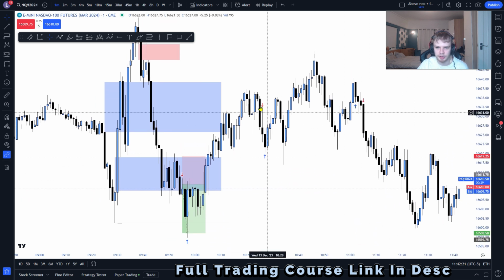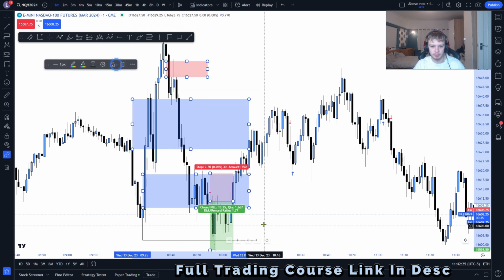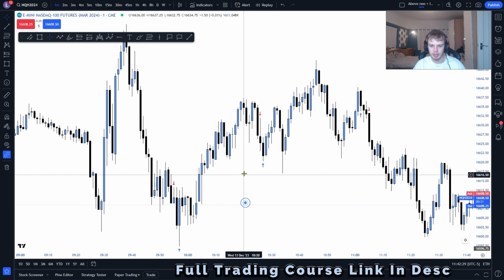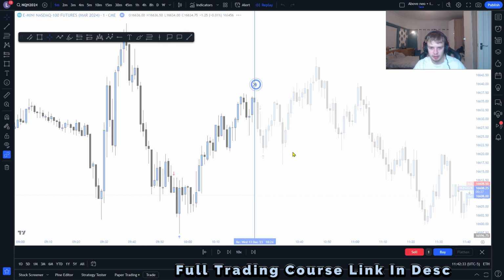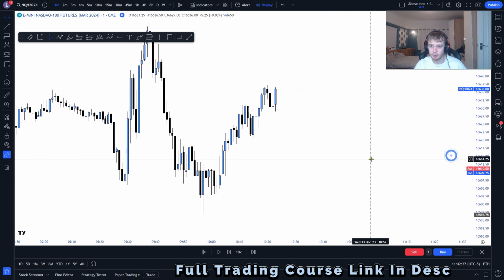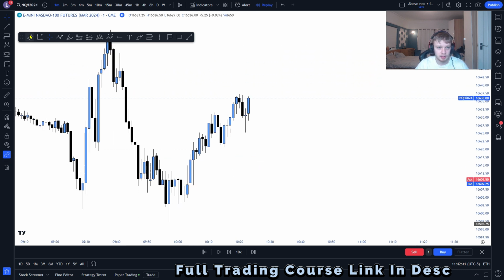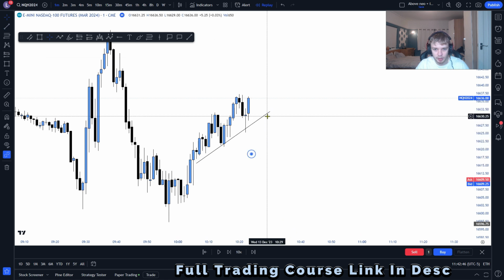Then our second trade, we actually have a short position. Now let's delete all of this because that's irrelevant for this next trade. So what do we have? Let's go into the replay mode and show you before we get the trade. So right now we are just slowly pumping up and up and up, but because we are slowly pumping up, we have created lots of low resistance liquidity, and